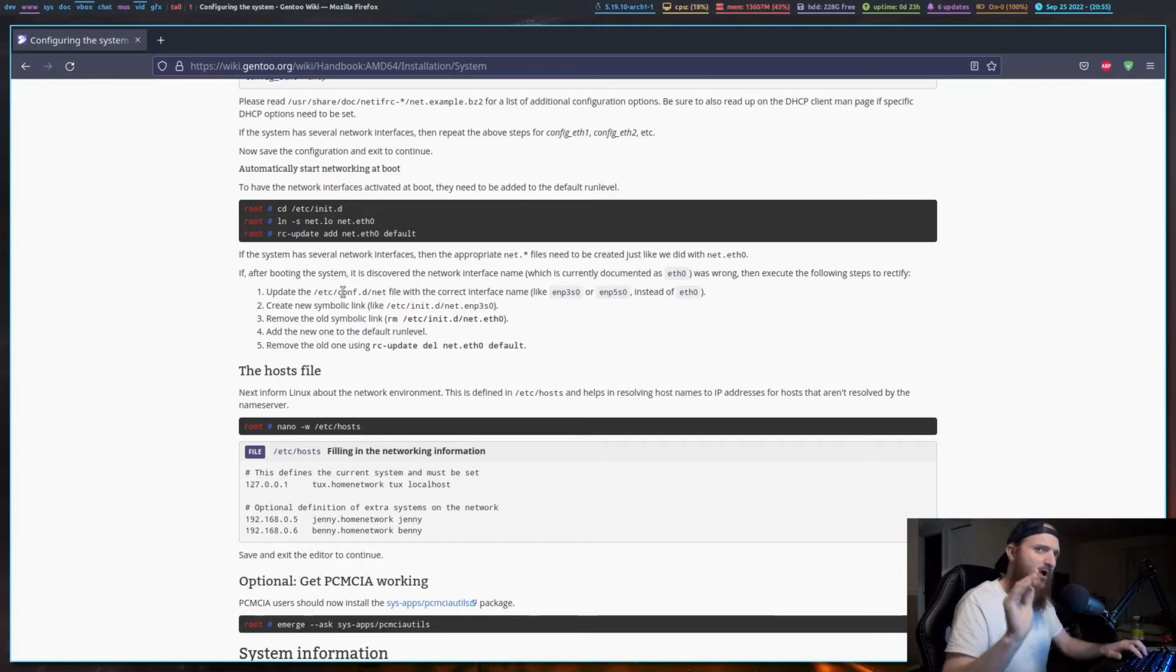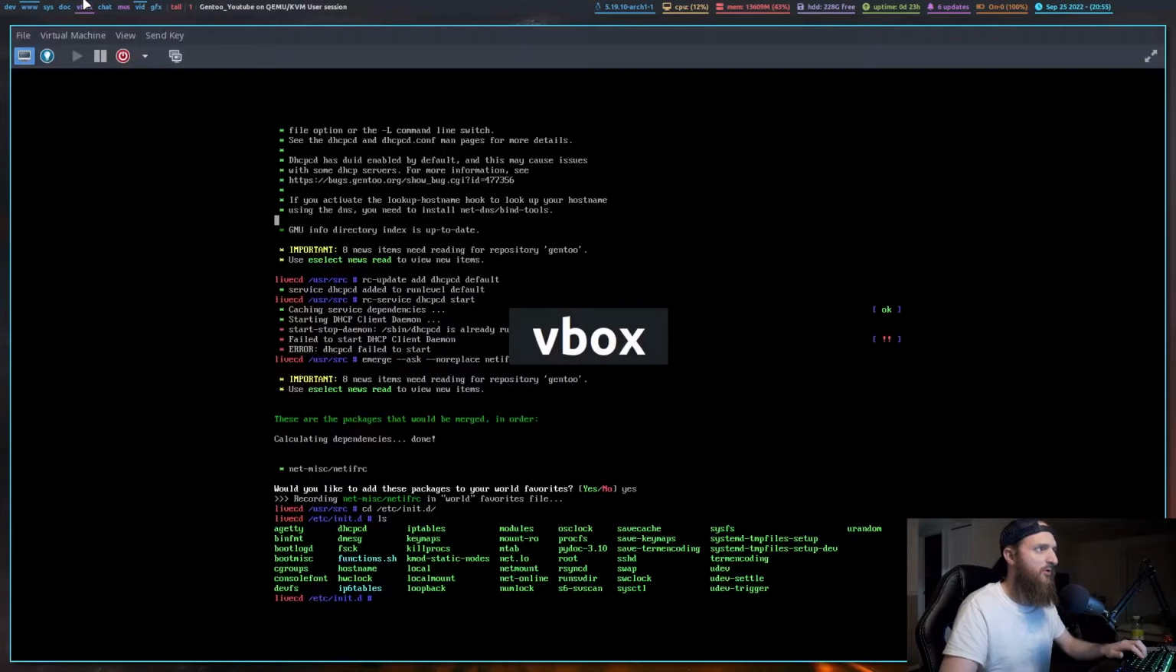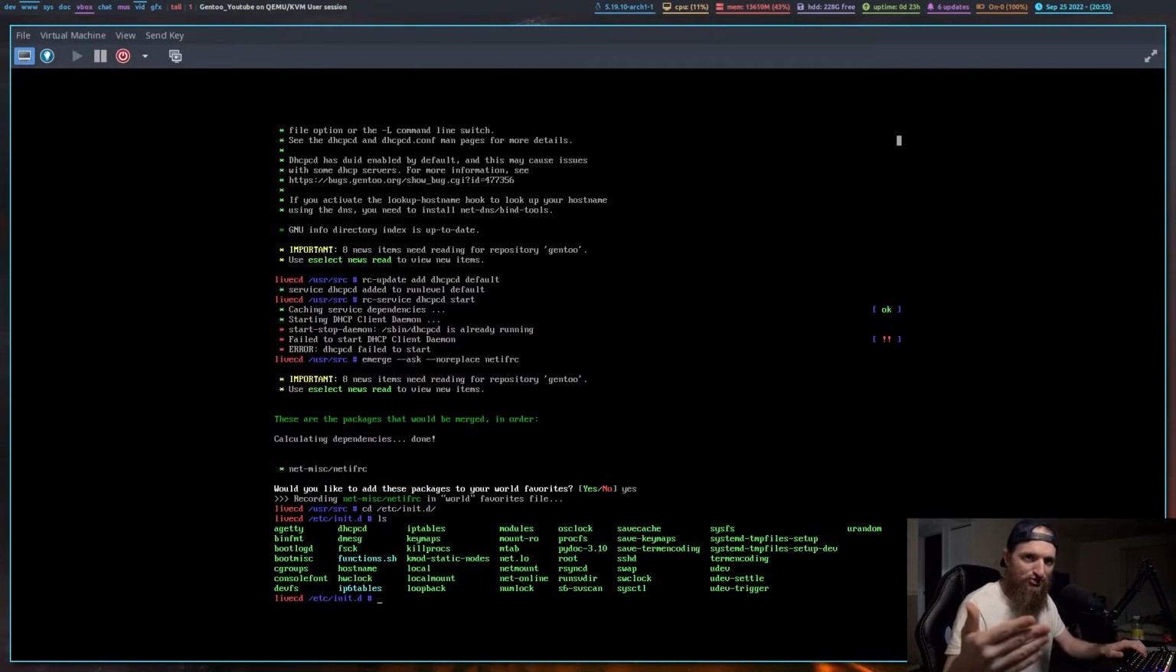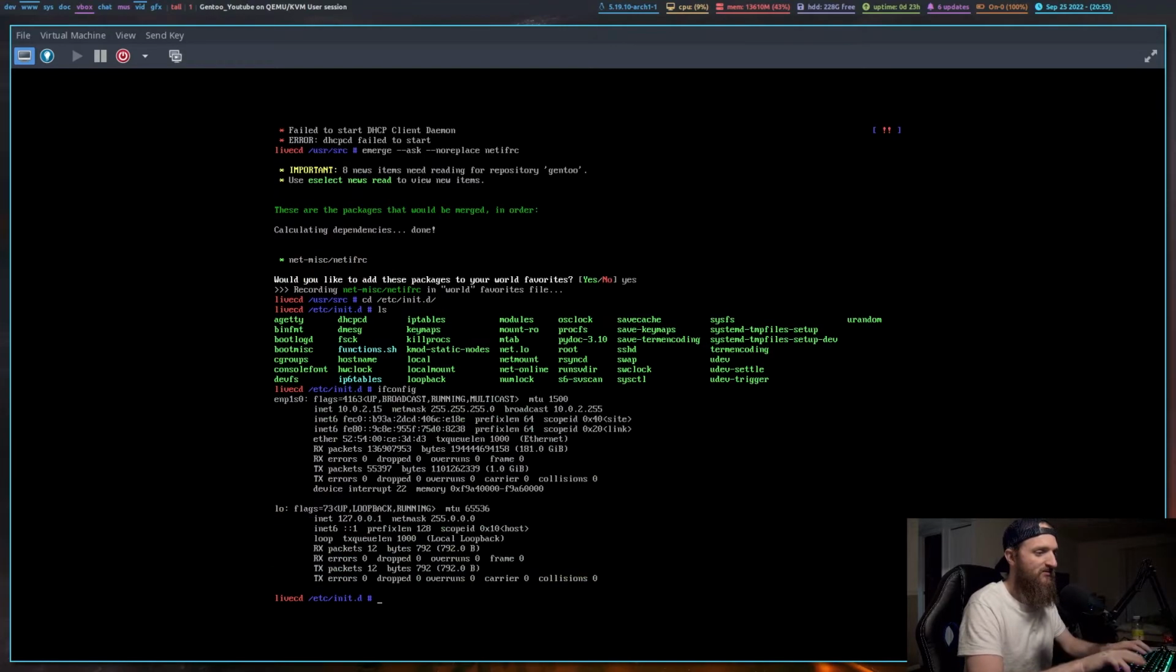no one is probably using eth0 anymore. Most everyone is using the enp3s0 or whatever. And how you check the one that you're using, just type ifconfig. So as you can see right here, mine is enp1s0. So we do ln -s